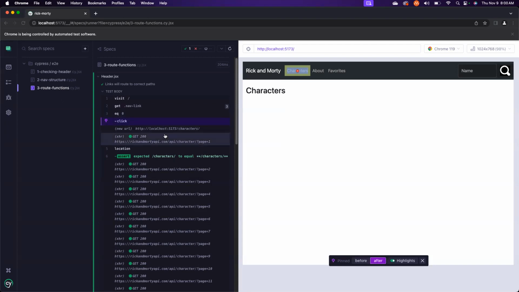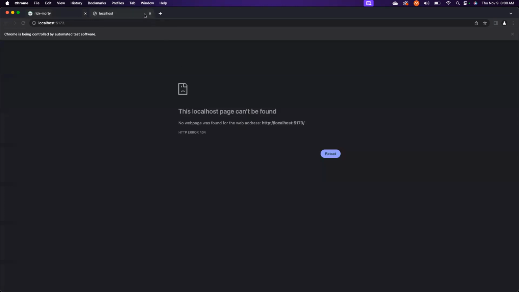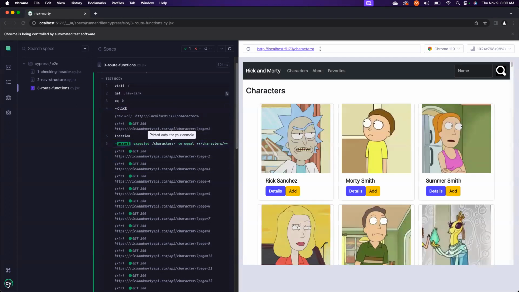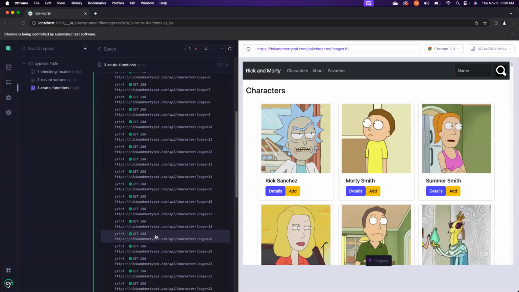After, I wanted to check the location. So it grabs the 5173, and then it makes sure that the location is actually equal to /characters. And it's not showing it to me here on the browser, unfortunately. But it does work, right? It's showing me my location is now 5173. Oh, here it is. I just had to click on the assertion. So 5173, and it's able to show me